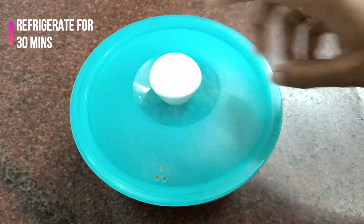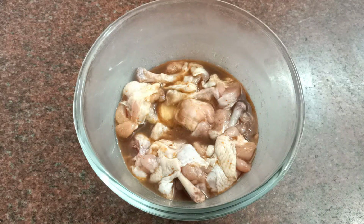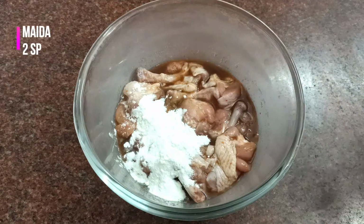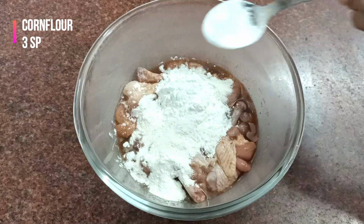Now close it and leave it to marinate in the refrigerator for a minimum of 30 minutes. Now to the marinated chicken, I'm gonna add about 2 spoons of Maida, 3 spoons of cornflour,